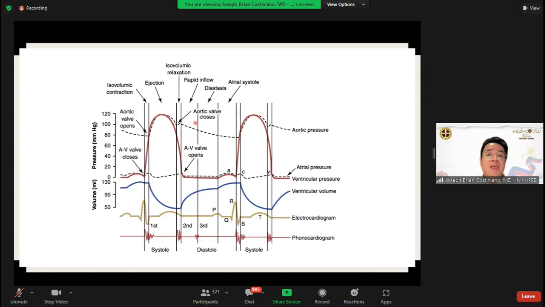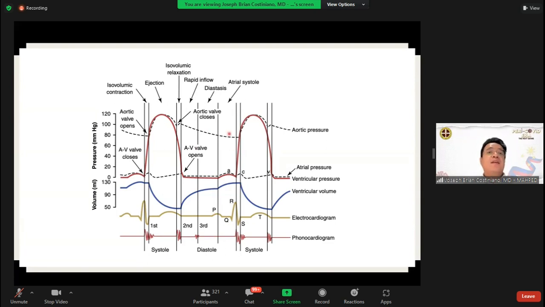Okay? So diastole, you will have your aortic valve closure, and then thereafter it will open in order to produce flow, inflow, rapid inflow, 80%, di ba? 80% of the flow of the blood from the atria going to the ventricle. So this is from diastole. From the second S2 going into your S1. S1 to S2 systole. This is diastole events.